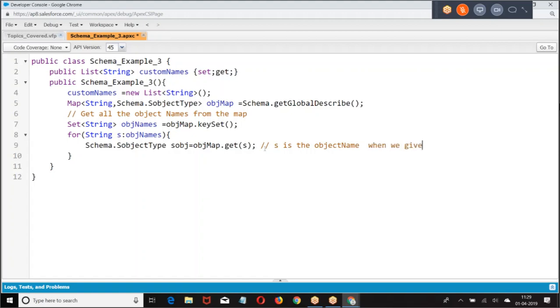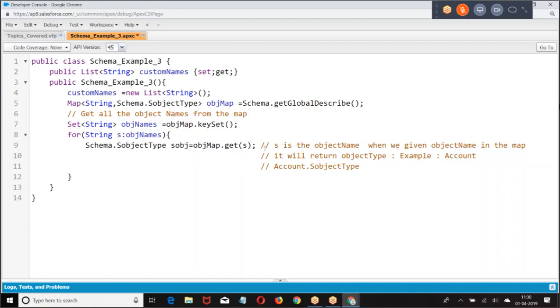When we give the object name in the map, it will return the object type. For example, if I give Account, it's going to give Account dot. Am I right?